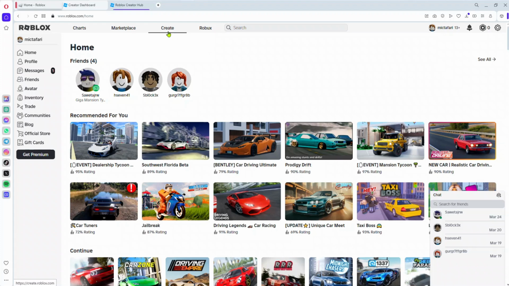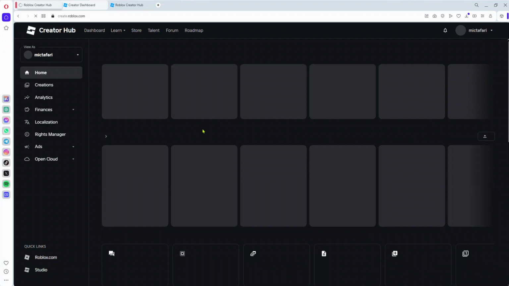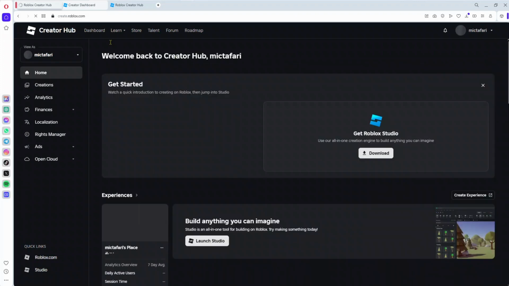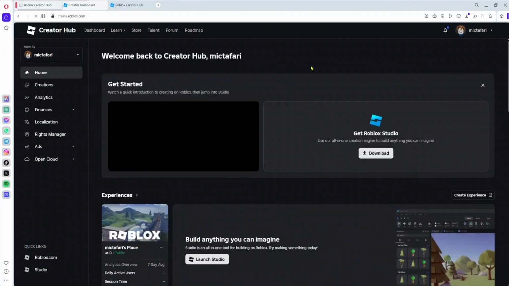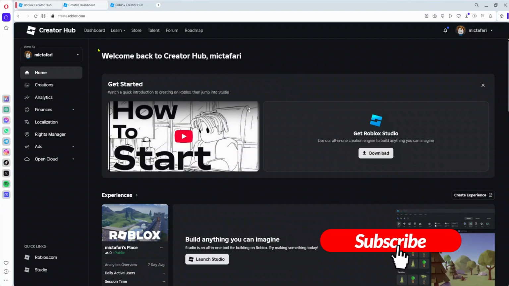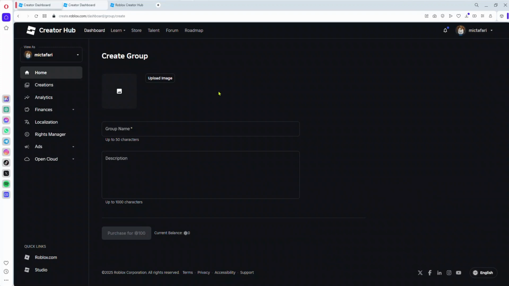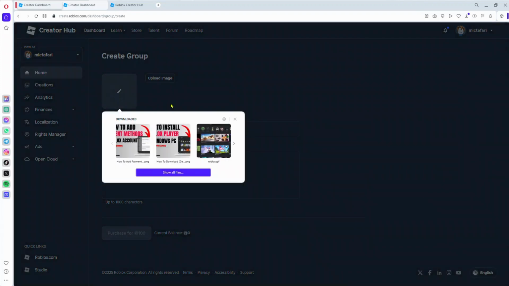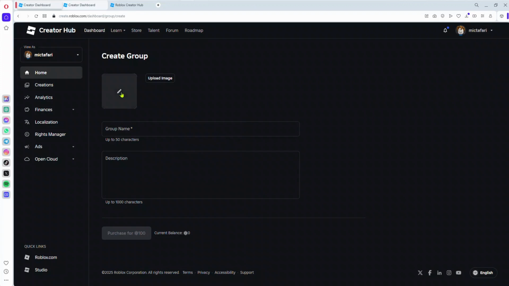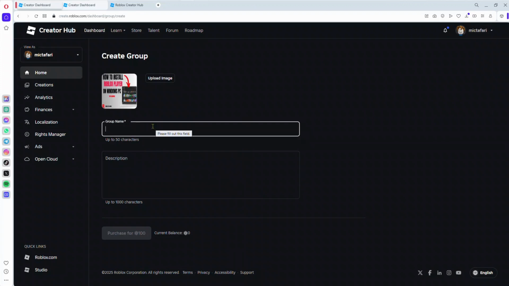whether you have it on your PC or mobile phone, and then you move to your create section. So on here, I'm on the creator hub, something like this. All you need to do is just tap on this side and then you create a new group. You get it? So you can upload your image here. So let me give the group this image and then let me enter the name